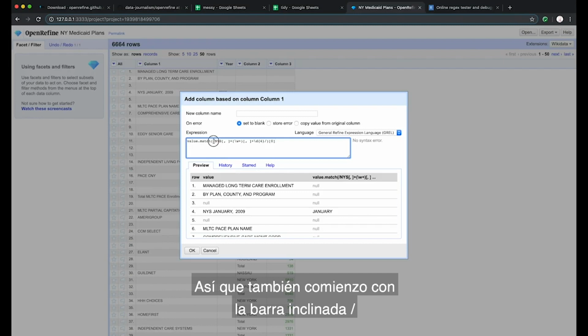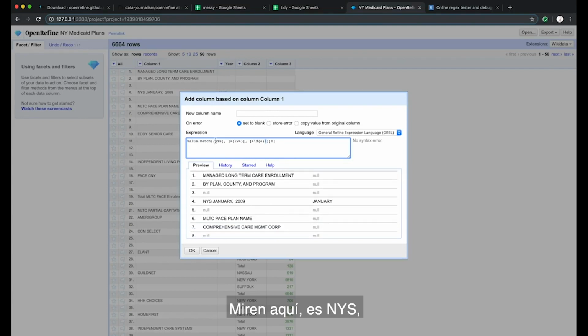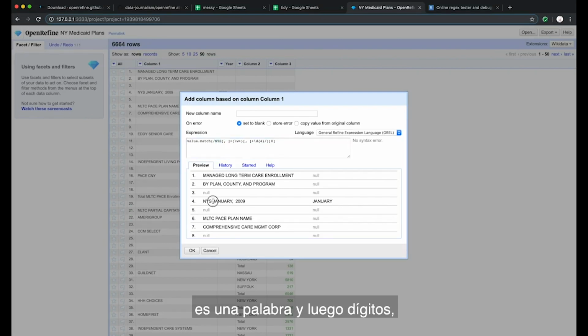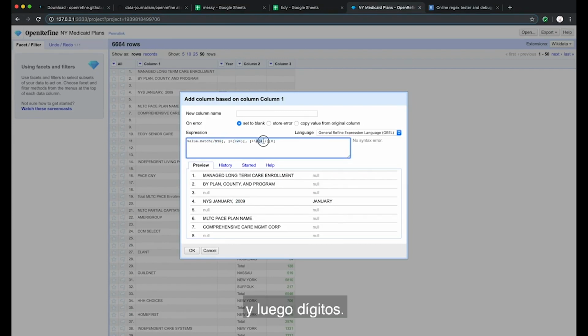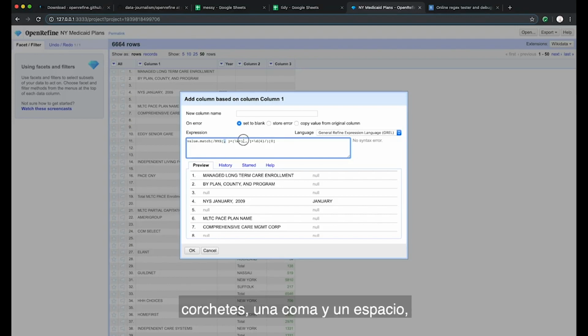So I also start with a / and I end with a /. If you look here, it is NYS, then a word, and then digits. So NYS, a word, and then digits. What I added here in between, which is these brackets, a comma and a space,